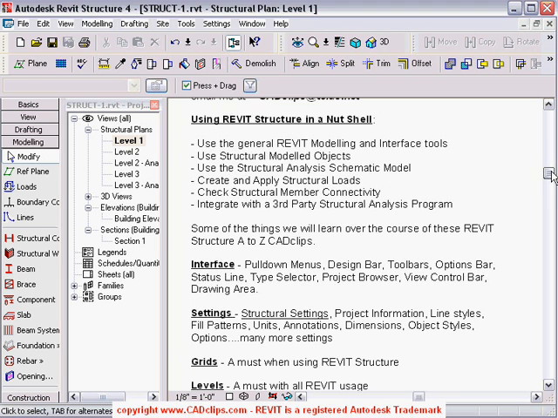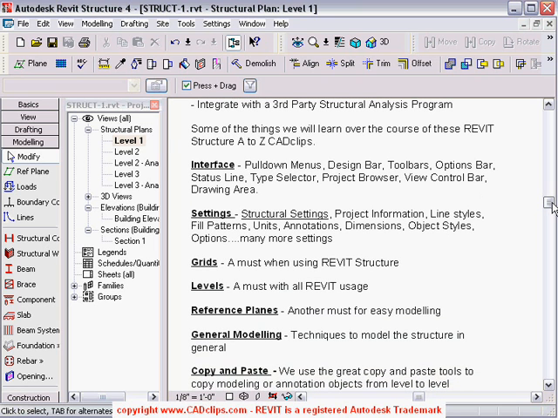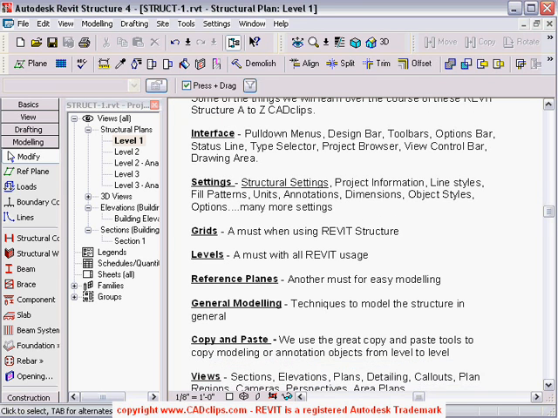So, given some more detail on what we're going to cover in these particular CADclips, and I use the word some of the things we will learn over the course of these REVIT Structure A to Z CADclips, because obviously we're going to learn a lot more than what I've just got listed here, but this is really the bulk of it. So we are going to talk about the interface of REVIT using the pull down menus, the design bar, the toolbars, the options bar, status bar, the type selector, the project browser, view control, and view control bar,